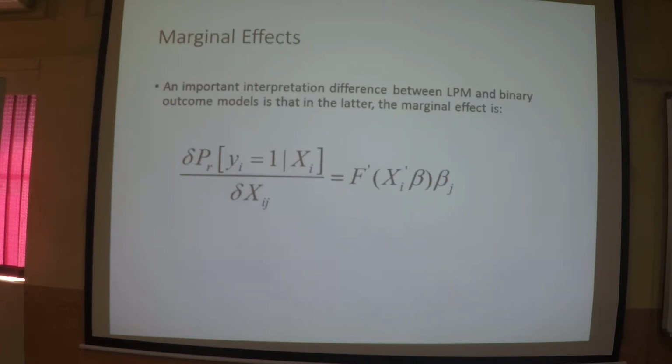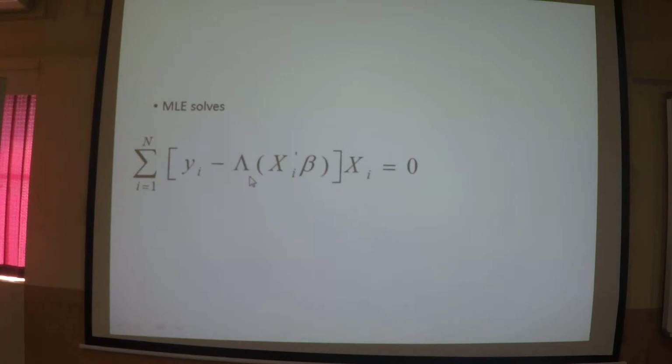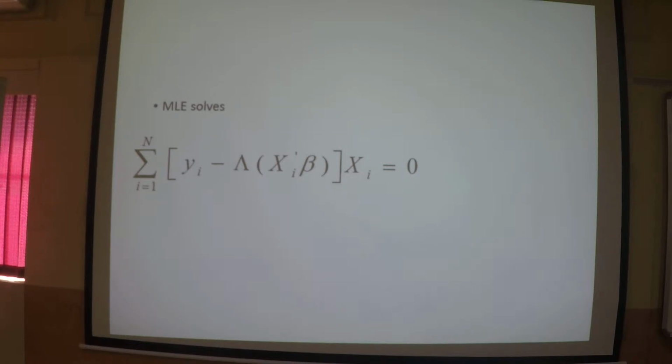The coefficients are related to the probabilities, but they are not the usual marginal effects. For example, in this case the probability that y is equal to 1, the f function takes this form: f of x beta is e raised to x dash beta upon 1 plus e raised to x dash beta. X dash beta is what we learned in the multiple linear regression model context. This is the logistic regression, a lambda. If you solve for the MLE by differentiating with respect to beta, you get this form, which you can try out at home and see.